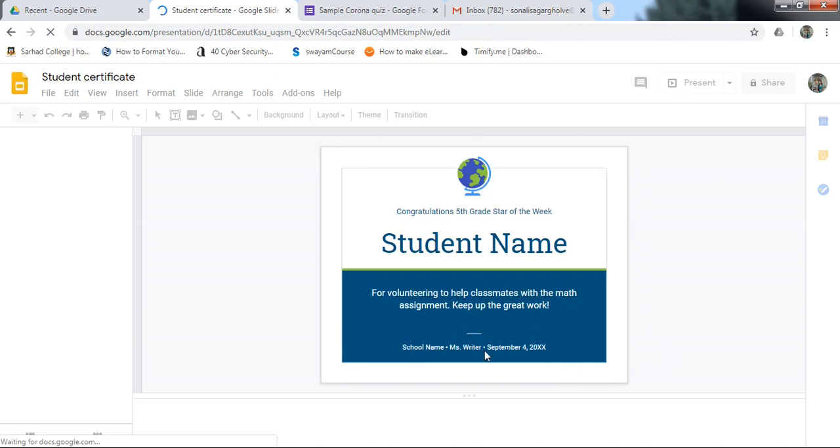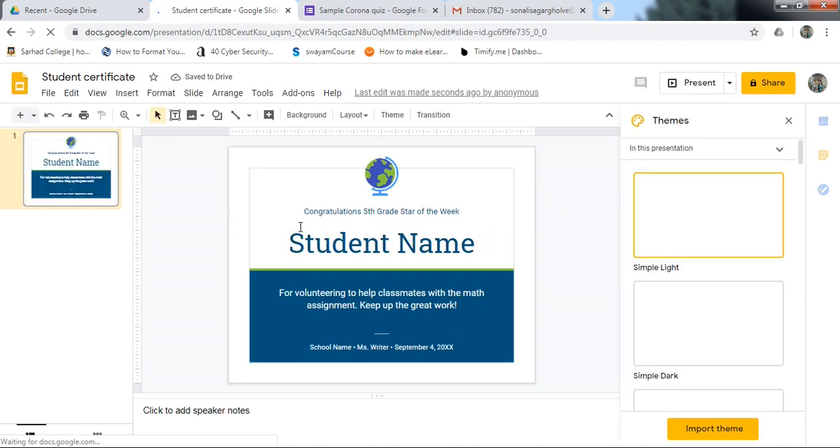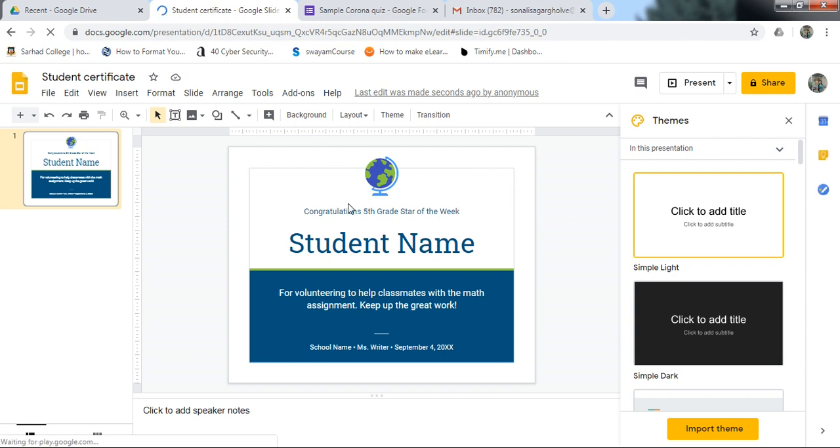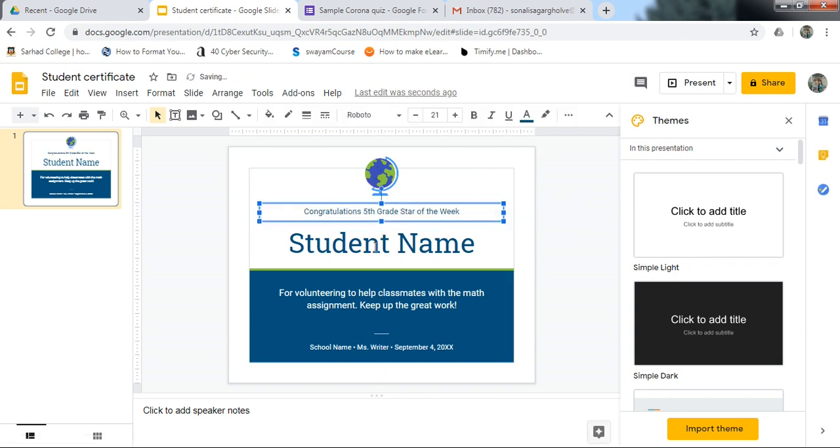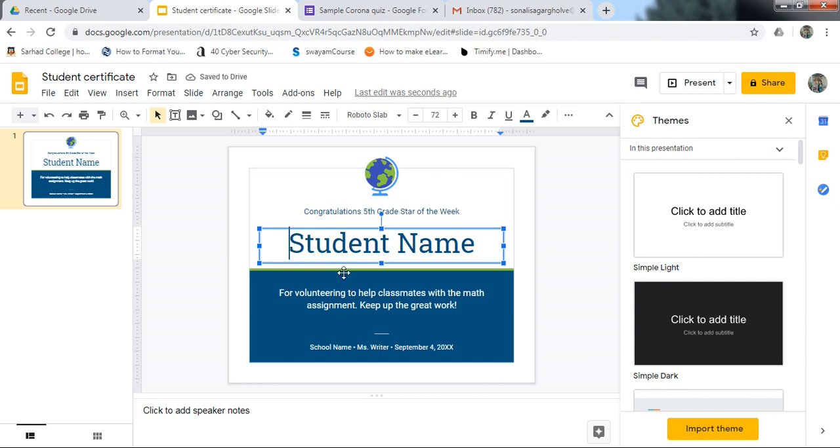You can generate the certificate here. Give your institution name here, institution logo here. You can give the student name here, but write the student name in these braces, in curly brackets. Then only Google Certify Me takes the data from recorded responses and gives it here.